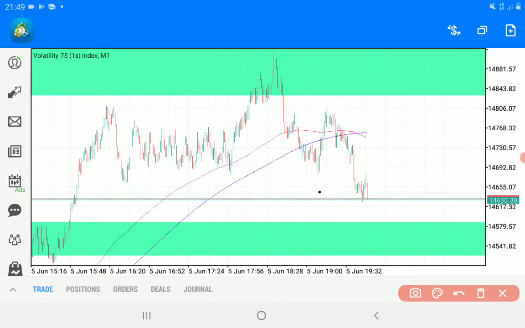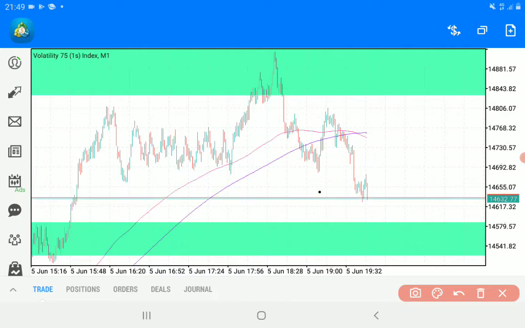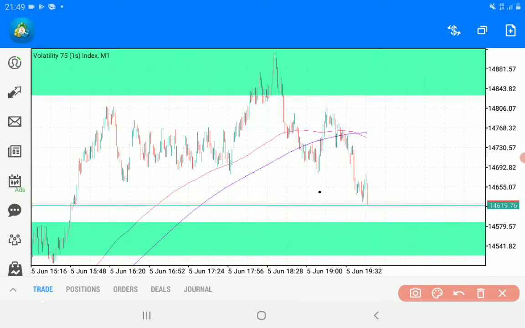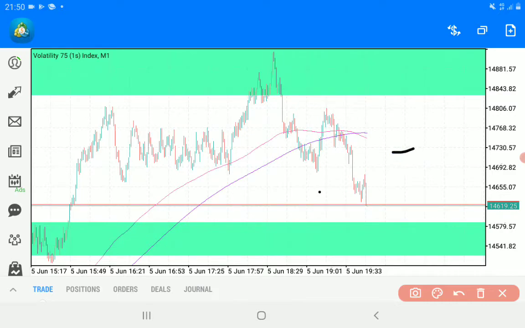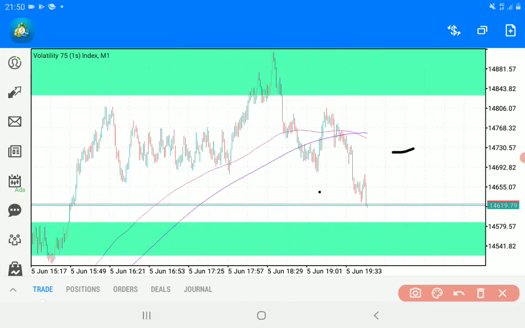So what I do, let's say maybe I want to trade on a 1 minute time frame or on a 5 minute time frame. I make sure that I look on a 1 hour and see how it's behaving, and then I go and place my trade on a 5 minutes. If I want to trade on a 1 hour, I look at my daily time frame or on a 4 hour time frame and see how the market is behaving, and then I go and trade on a 1 hour time frame. All right,